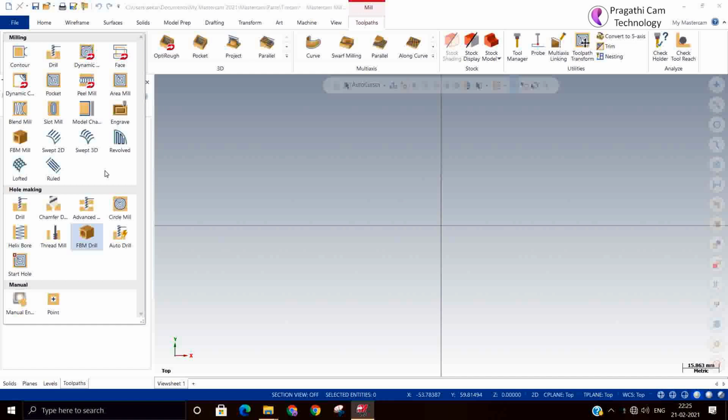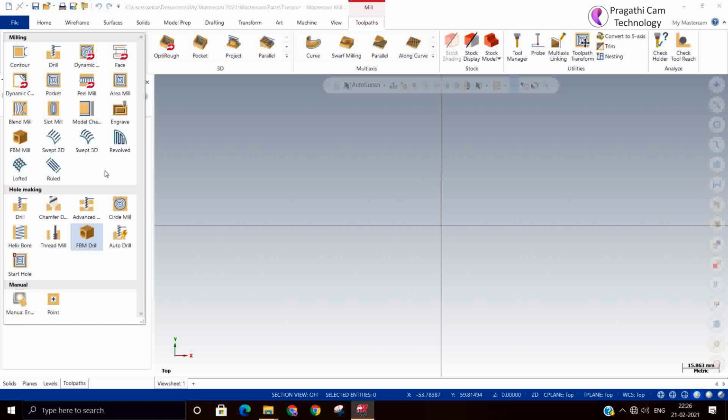Suppose you have a license for the 2.5D only. In Mastercam there are modules available. Mill module, where you can do all 2D operations. Then Mill 3D, where you can do all 3D applications. And the third one is multi-axis. So in Mill you can do all 2D work. If you have taken a 3D license, you can do all die mold applications. If you have a multi-axis license, you can do completely multi-axis applications.